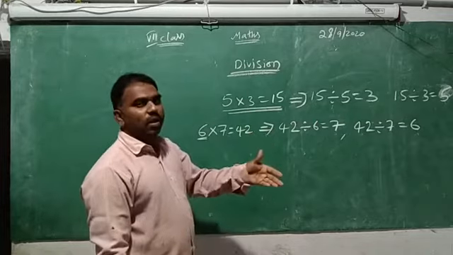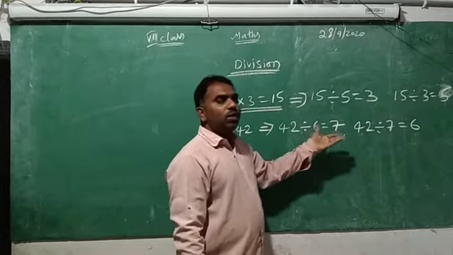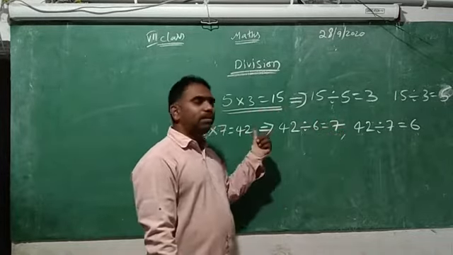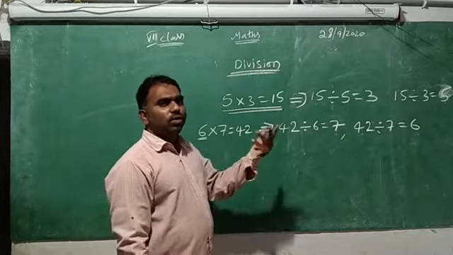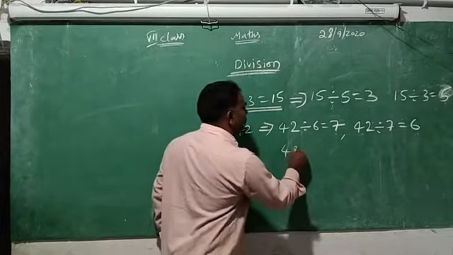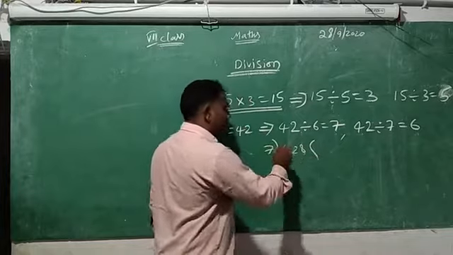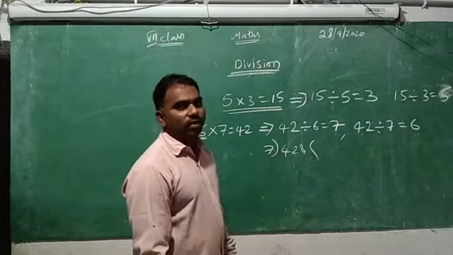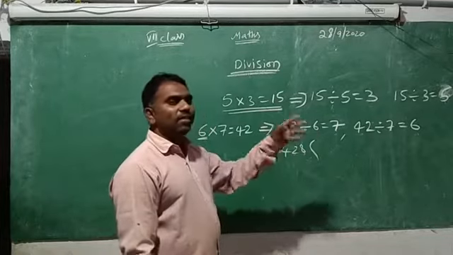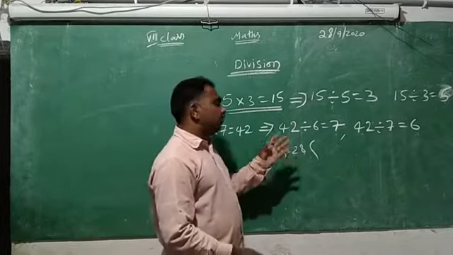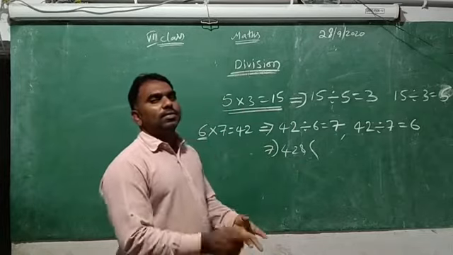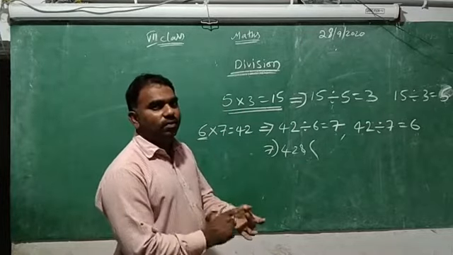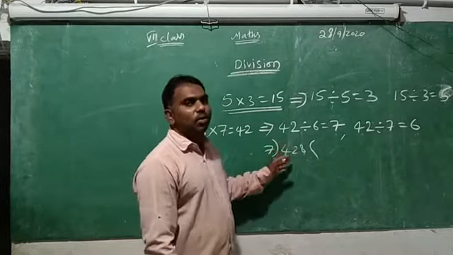Means you can understand now how we do divisions by using the multiplication. You know this already, when you are taking divisions we are using tables only. Without using tables, we are not doing the divisions. We are checking the 7 table. When will 42 come in the 7 table? 7 1 is 7, 7 2 is 14, 7 3 is 21. Like that we are using tables only.